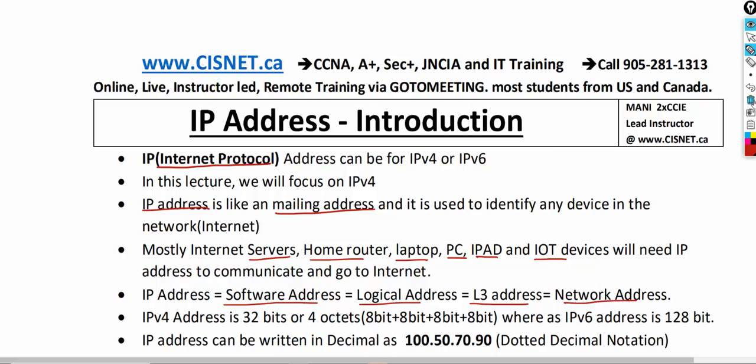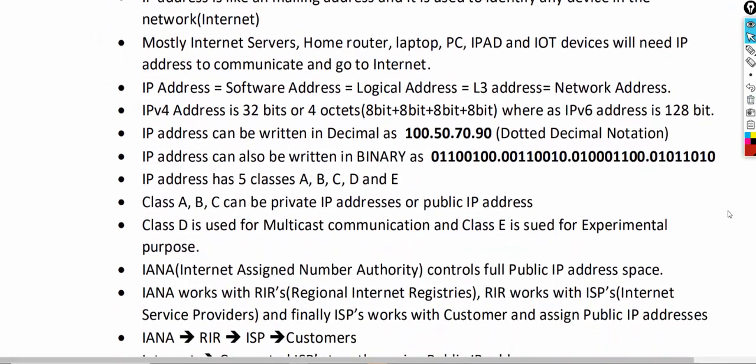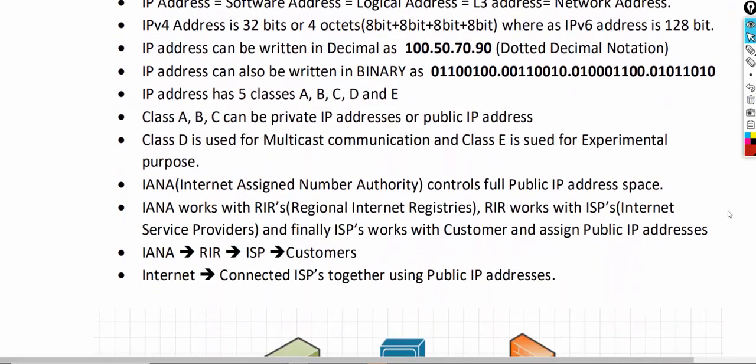And how does an IP address look? An IP address is a 32-bit addressing scheme. Remember, later we are going to study IPv6 addressing. The main difference is that an IPv4 address is 32-bit. On the other hand, an IPv6 address is 128-bit. That's the difference between V4 and V6. The 32-bit you normally write in 4 octets. Sometimes it is called dotted decimal notation. This is the example: